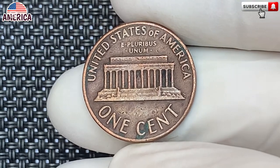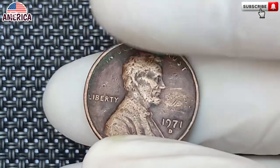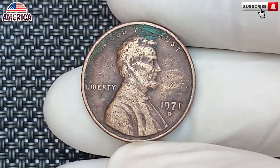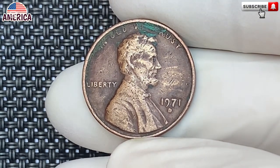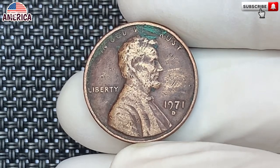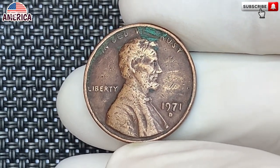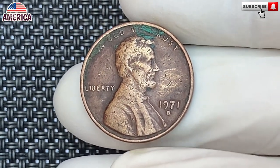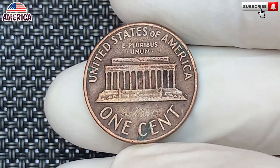The 1971 Lincoln penny, like its predecessors, features the iconic portrait of Abraham Lincoln on the obverse. This design, created by Victor David Brenner, has become one of the most recognizable images in American currency. The reverse of the coin features a simple but powerful design, two wheat stalks, a symbol that pays tribute to the country's agricultural roots. This wheat design, which was used on pennies from 1909 to 1958, was brought back for